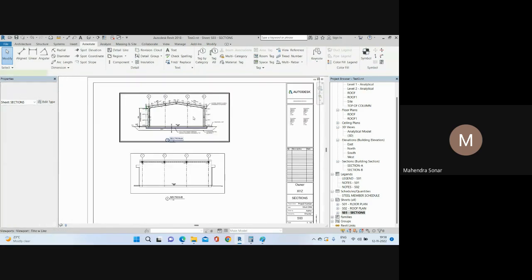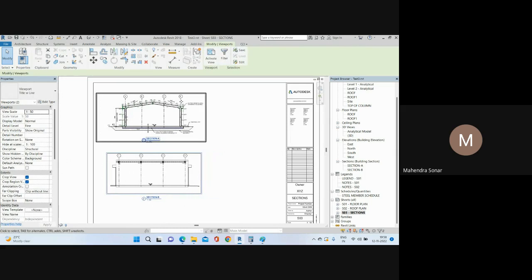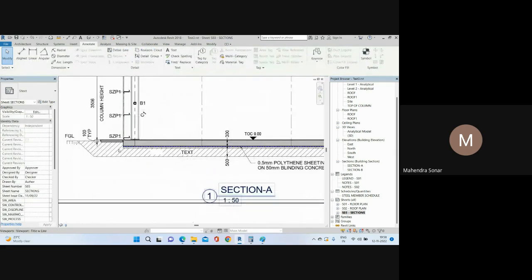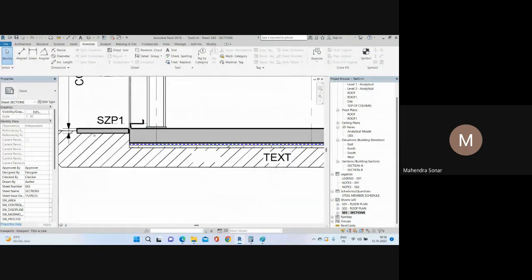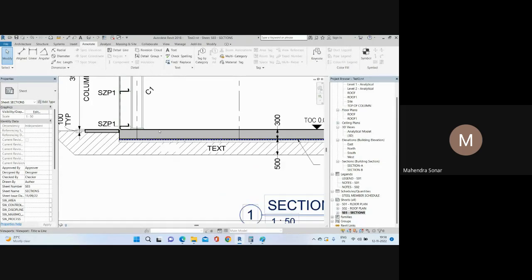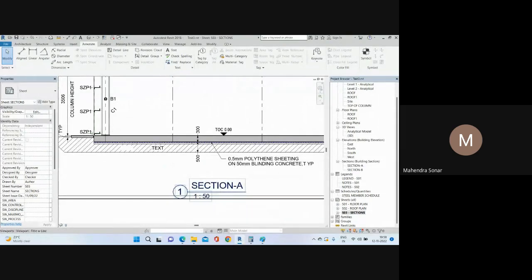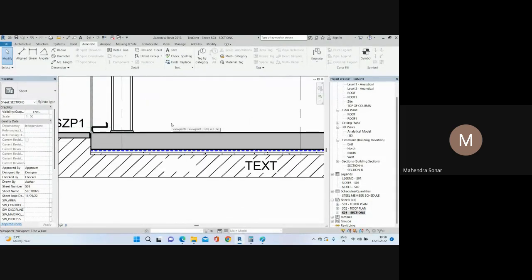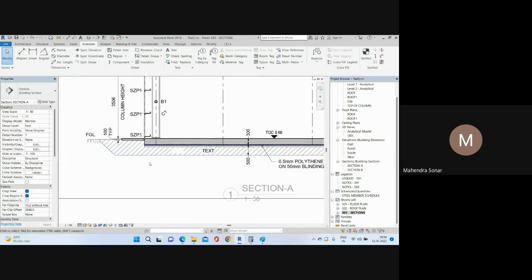Then after that, okay, I want to show some details here. So this detail is 1 to 50, but I want to show the reinforcement for this footpath slab and for this 300 thick slab, but I don't want to show it here because the scale is 1 to 50. If I add some reinforcement and you take a print, it doesn't look proper. So what I do, I will give the blown up detail with a bigger scale. So this is 1 to 50, but I want to give the reinforcement detail 1 to 25